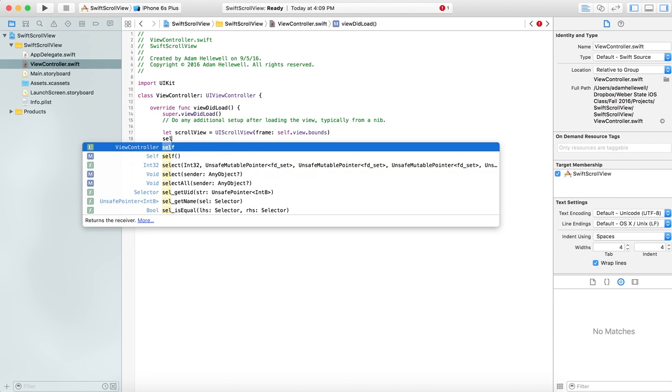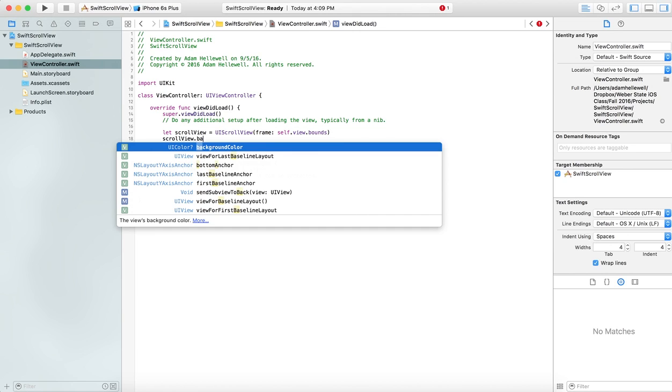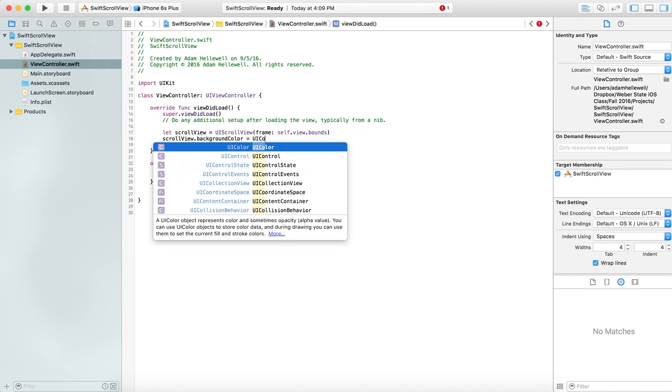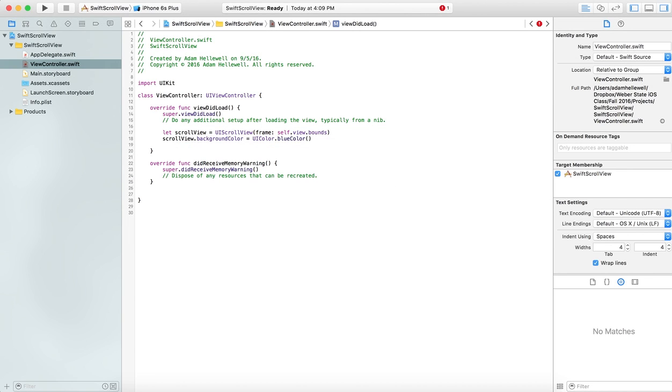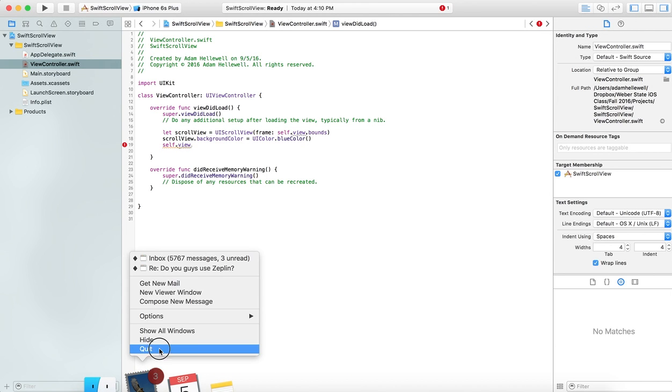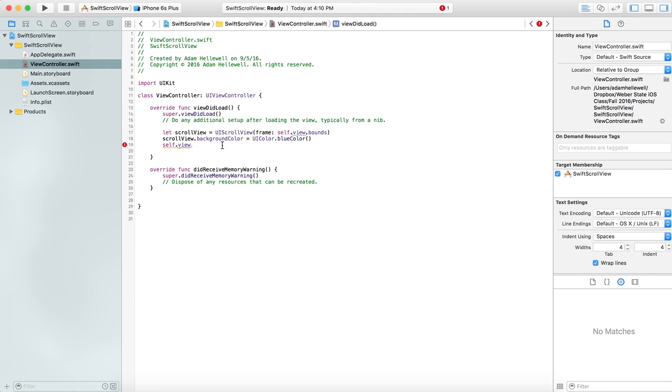And then we're going to do scrollView.backgroundColor equals UIColor.blueColor for this one. Then we'll add that to self.view.addSubview(scrollView). And just with that, we could build and run it and be able to see that we have something show